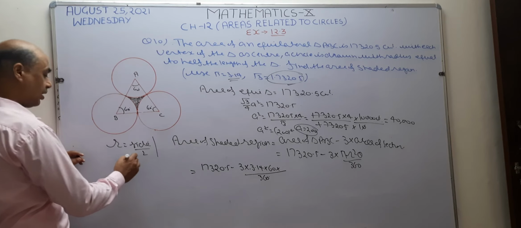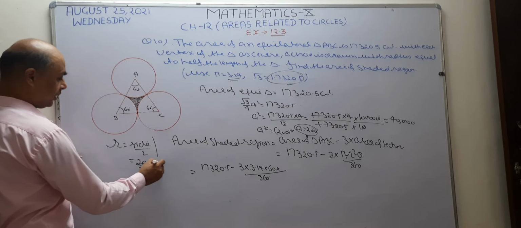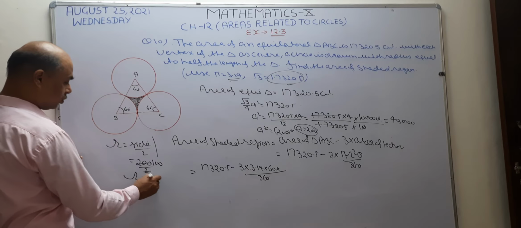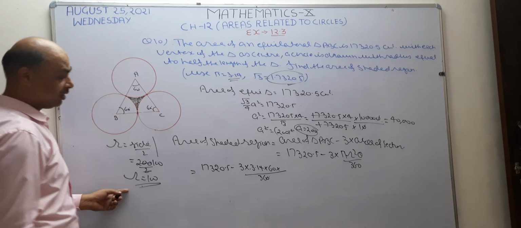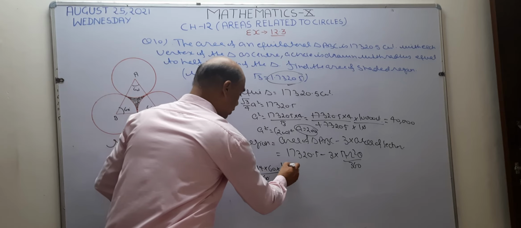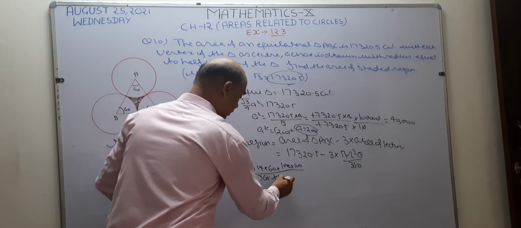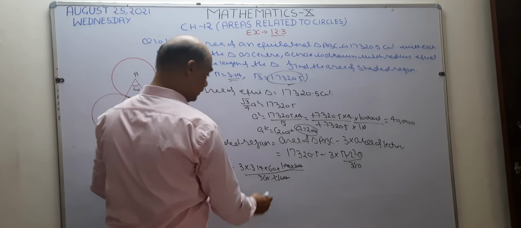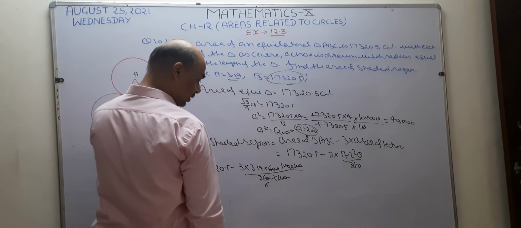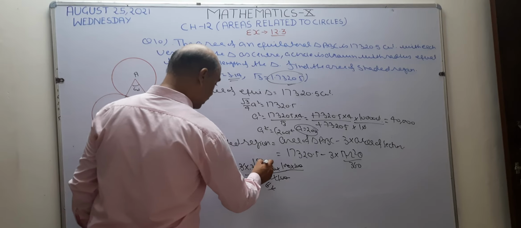So instead of side, I want to write 200. When you divide 200 by 2, this becomes 100. So radius in this question becomes 100 centimeter. Okay. So instead of radius, I want to write here 100. So 100 going to write 2 times because square is there. When you are going to remove this point, take 100. Now this 100 is going to cancel. 60 into 6, 360. 3 1s are 3, 3 2s are 6. So this becomes 157.